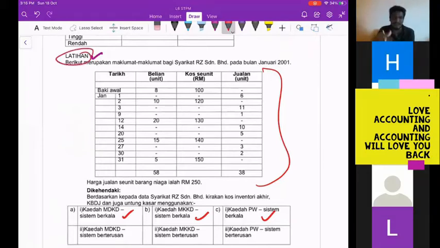You do the same thing, whatever we did for contoh dua tadi, exactly the same thing, but more transactions are here. Later, I give you the table to write the answer. So you print it out or you copy it in a test pad and do the question. Okay, understand? So same thing. And then now we are going to do kaedah berterusan for that question. And for this question, you do it yourself.